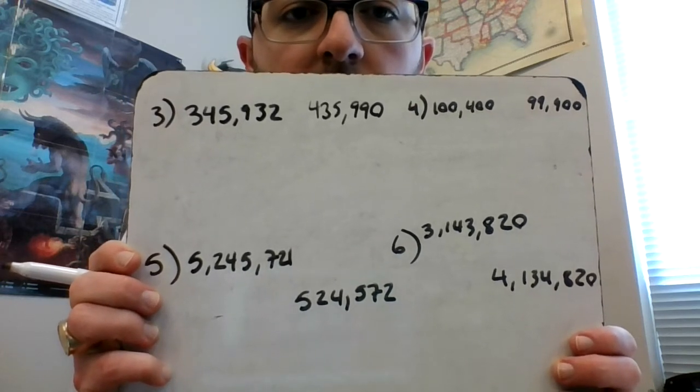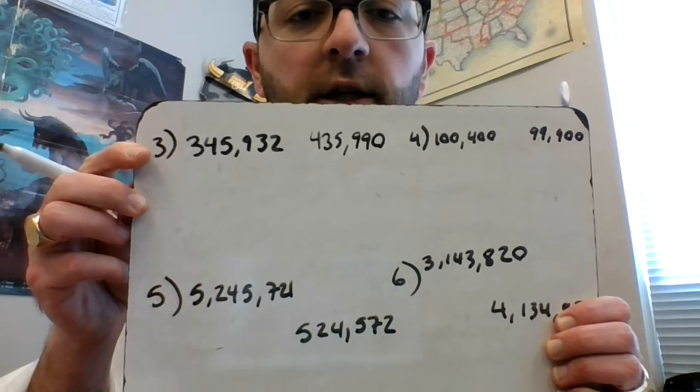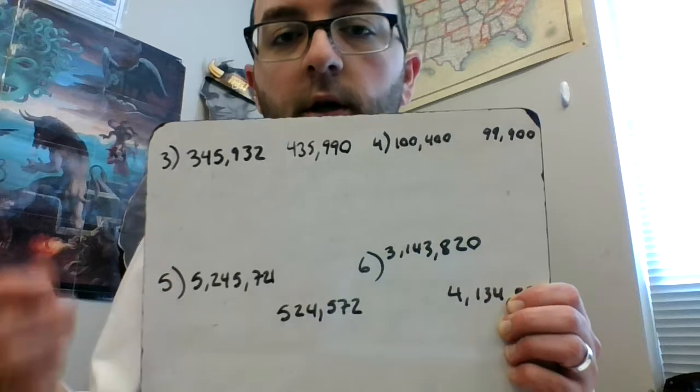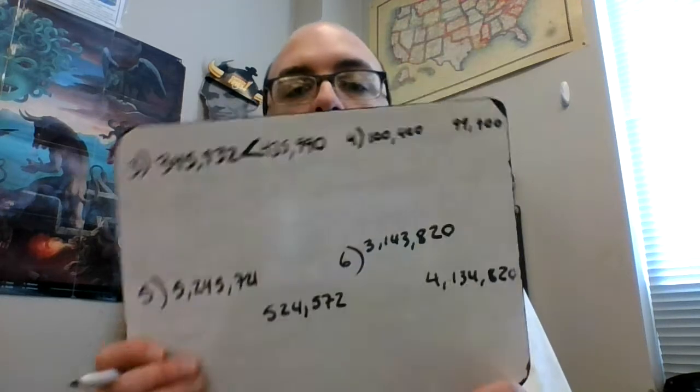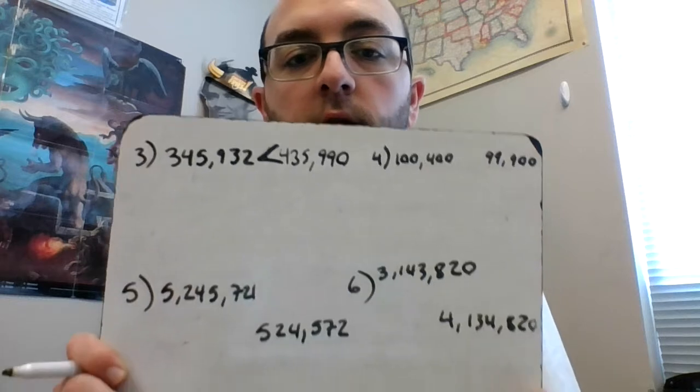to try these on your own first, right? Looking at the first one, just starting in the 100,000s place, we have 300,000 and 400,000. We can already see a difference. 4 is bigger than 3, so we want it open towards the 4, all right? Or the way we would read that number sentence is 345,932 is less than